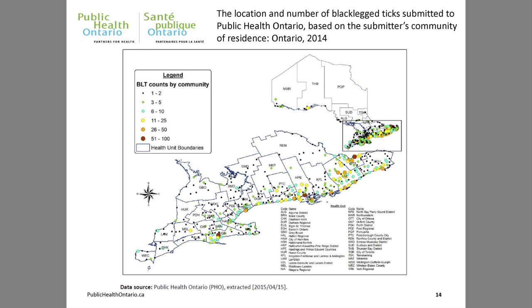So these are ticks based on the submitter's location of residence, so where they live, not acquisition. But again, you can see large numbers of ticks coming from the St. Lawrence down along the north shores of Lake Erie, Lake Ontario. Whereas you do note, we do get other ticks up in northern Ontario. If you're looking more around the northeastern ones, we think those are more the adventitious ticks, but we do note that you can get these ticks due to the migratory birds almost anywhere in the province, but we still do seem to get somewhat focal areas. And we do have more coming up around that northwestern Rainy River area, which is an area we have identified as a risk area.